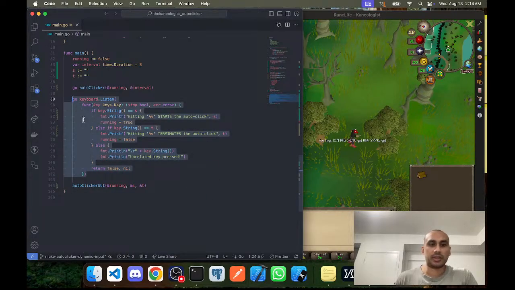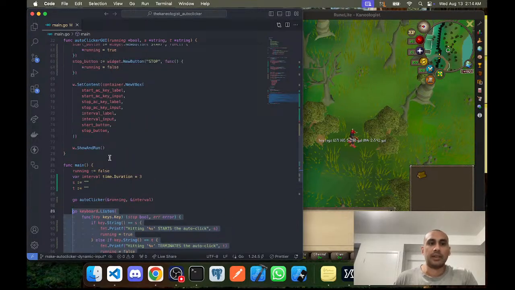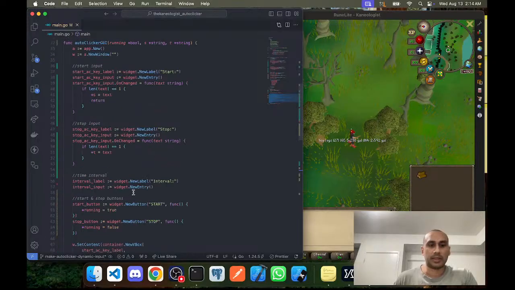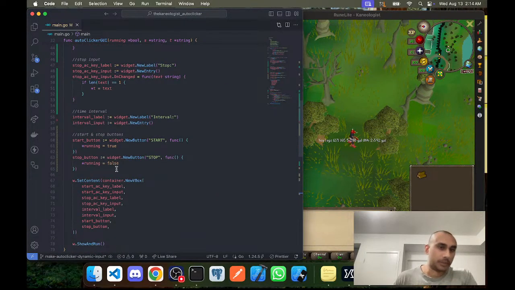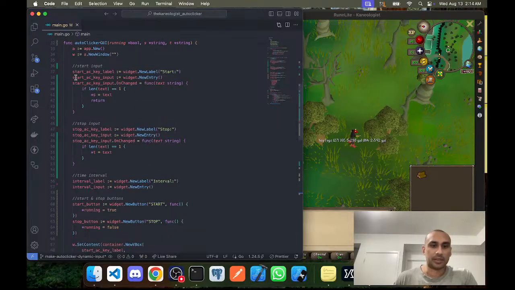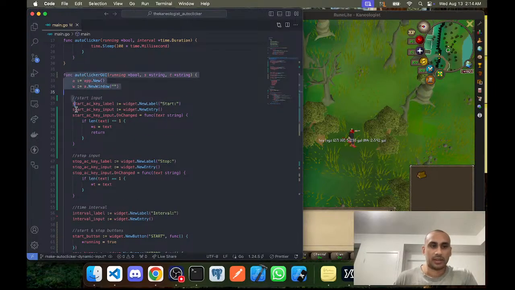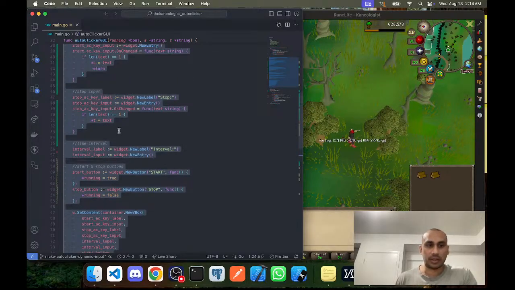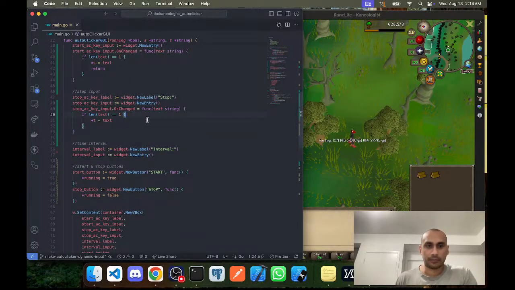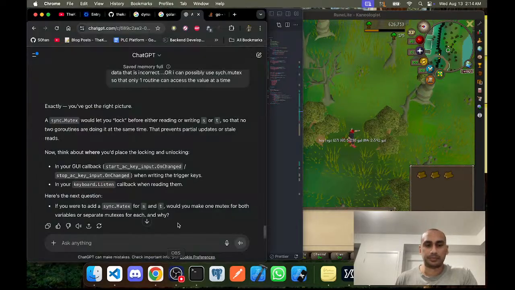this keyboard listener is performing the read, and then this is performing the write in the main. So this auto clicker GUI, from the GUI is where we set the value. This is performing a write, and whenever we have a write to a key, we want to lock that functionality. So technically I could go